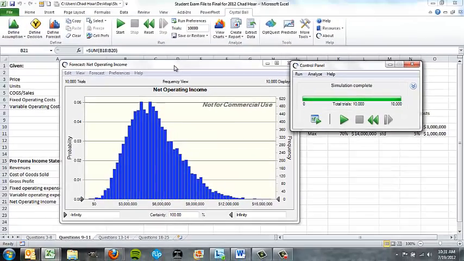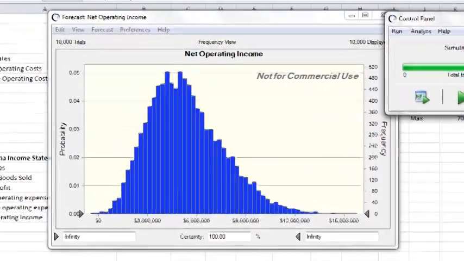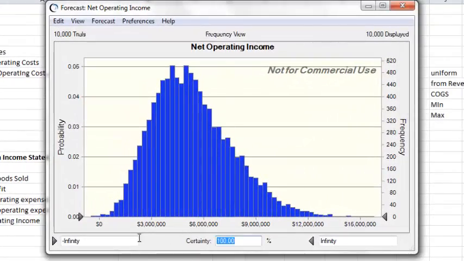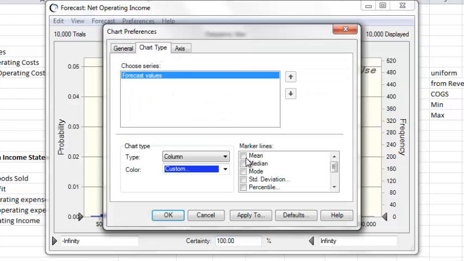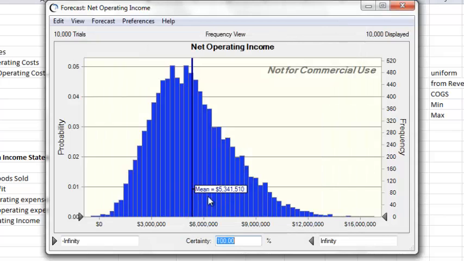The sensitivity report, you can close that out if you don't need it. So this shows me right here the chart that I need to do. So one of the questions is, what's the mean? So you go to preferences, you go to chart, and then chart type, and then at this point you can click mean or whatever else you're looking for. So you can do the median, mode, standard deviation. So right now I need mean, so I just click OK, and it shows me it's